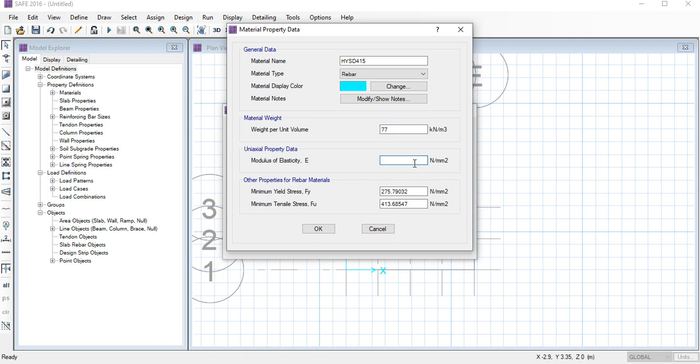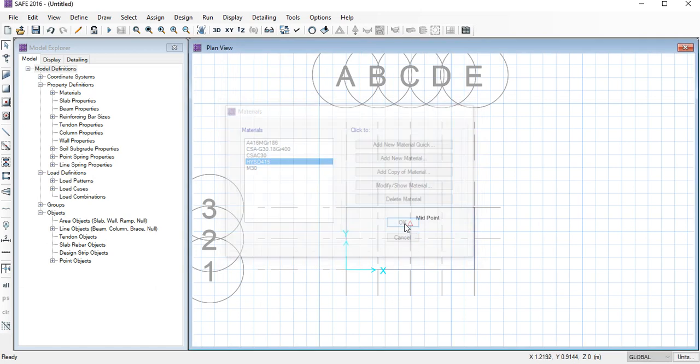The modulus of elasticity is 250, and the yield strength is 415, because we are using HYSD 415, that's why the yield stress is 415, and the minimum tensile stress is 485. If you do not know all the values, you can just Google the properties of HYSD 415, and you can get all the data from there. So we will click OK.